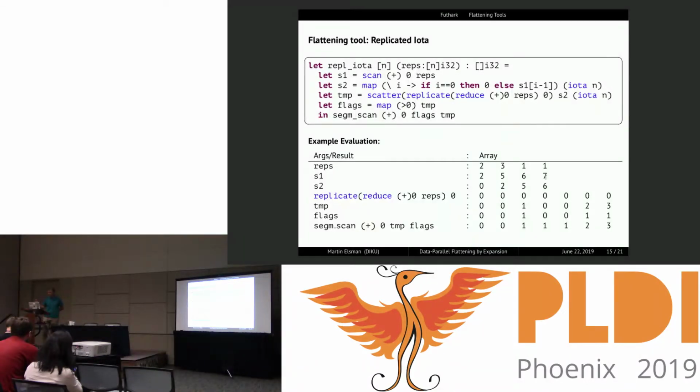The second one, the replicated iota, allows us to basically associate for each target element which source element we actually are dealing with. If you imagine the line example, right? So if you have a particular point, that's associated with a particular line. And we use this replicated iota to